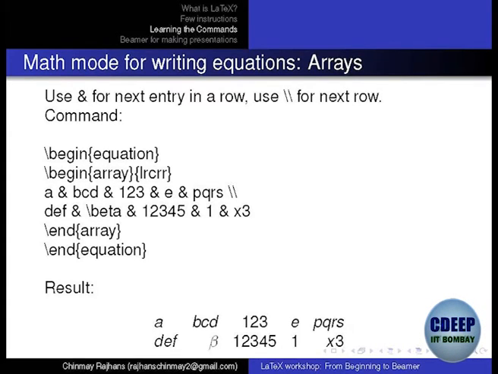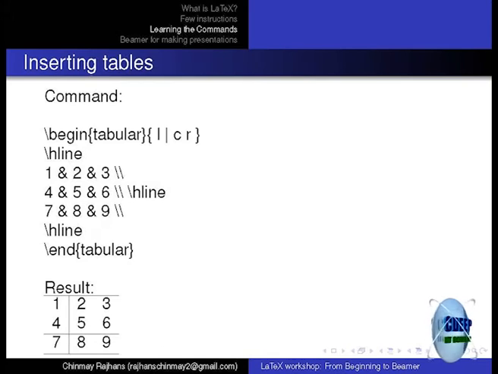Just try this. After begin equation, put backslash left, then any bracket you want as the opening bracket. It can be round, square, curly, whatever you want. After end array, put it before end equation, and these two have to match, it is always in matching pairs. Just try getting the brackets: backslash left square bracket, backslash right square bracket. So before begin array, just write backslash left and square bracket.